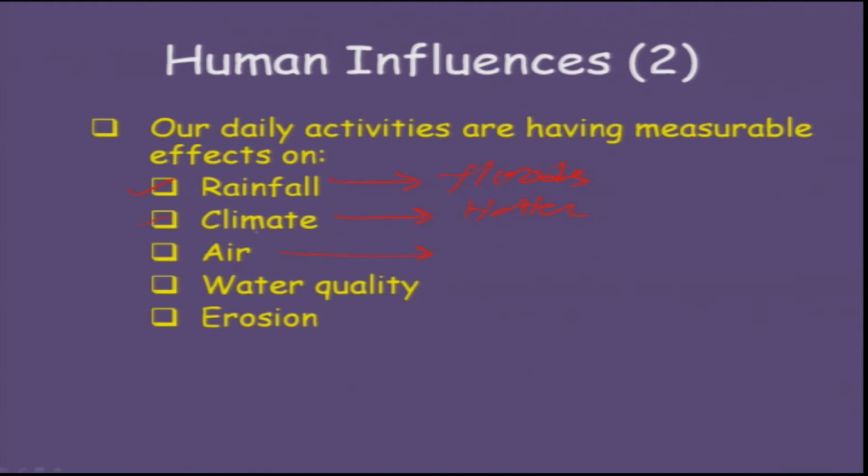You can remember what happened in Delhi recently, that people were being forced to put fewer vehicles on the road, and we came up with odd and even. And then water quality, of course, we keep on crying about the poor water quality, mostly we are talking about groundwater. And then we are talking about erosion in the hilly areas. Fine. So, we all know that there is a considerable effect because of our daily activities